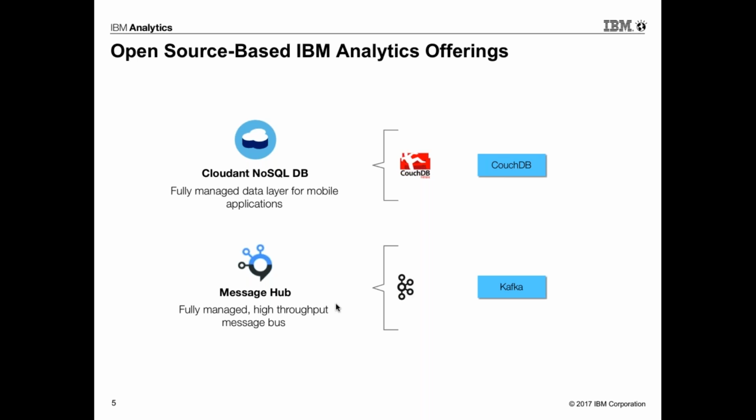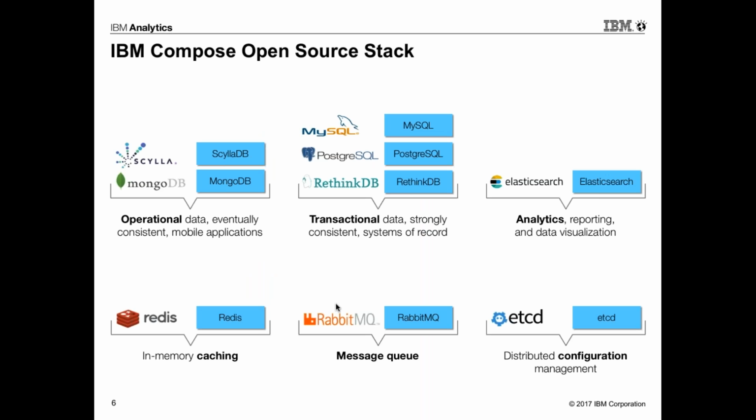So in order to avoid that packet loss, Kafka is the best suited message hub. It's used in Message Hub and fully managed, gives a high throughput, and it's a message hub. Then we come to IBM Compose open source stack. Open source stacks cover in-memory caching, transactional data, all the analytics and data visualization frameworks, and also the config management